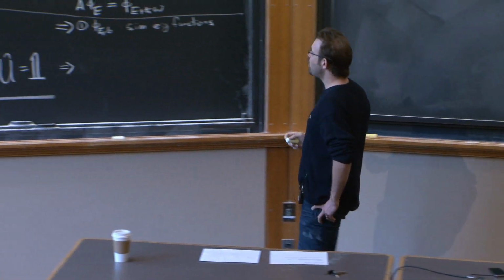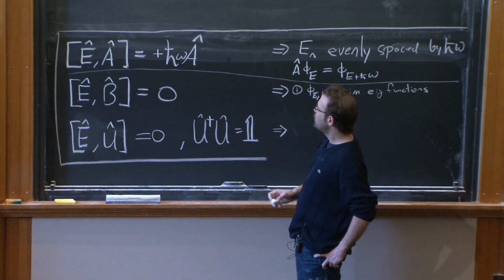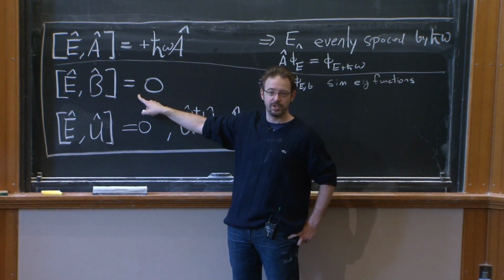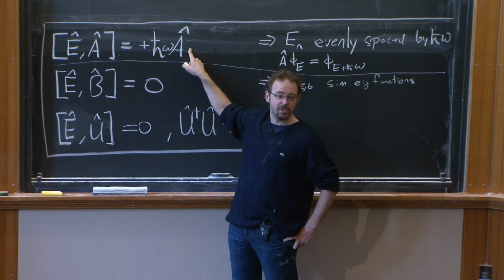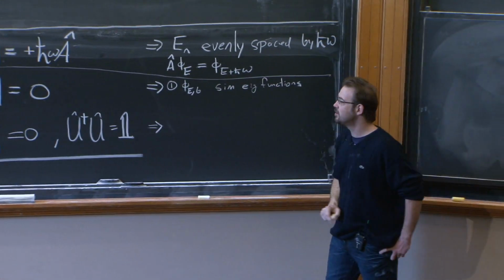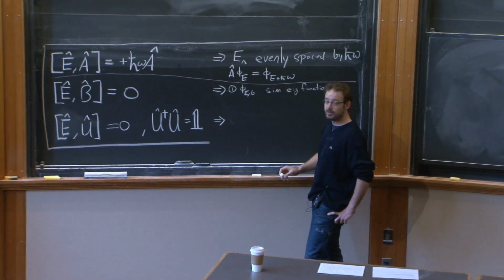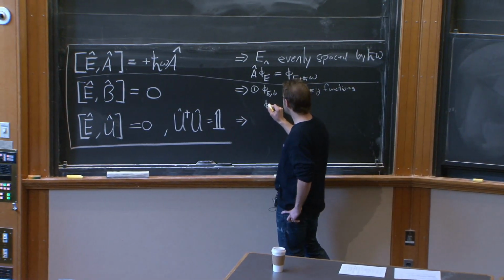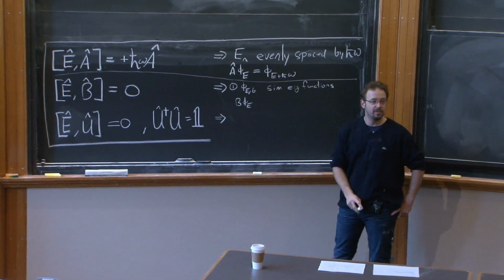Well, notice the following. Notice that if we took this commutation relation and set omega to 0, we get this commutation relation. So this commutation relation is of the form of this commutation relation with omega equals 0. So what does that tell you about the states, about the energy eigenvalues? What happens if I take a state, phi sub e, and I act on it with b? What do I get?